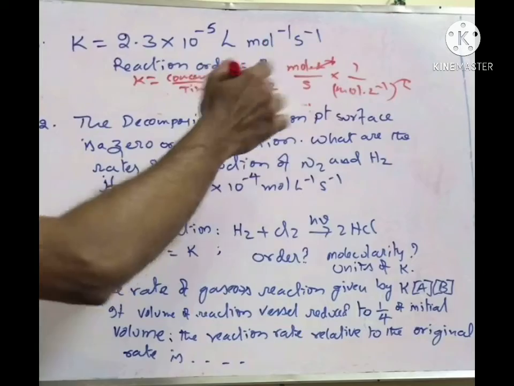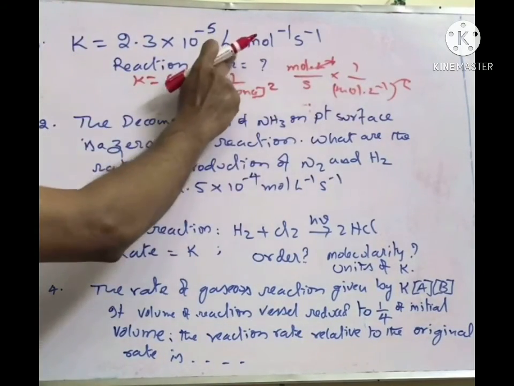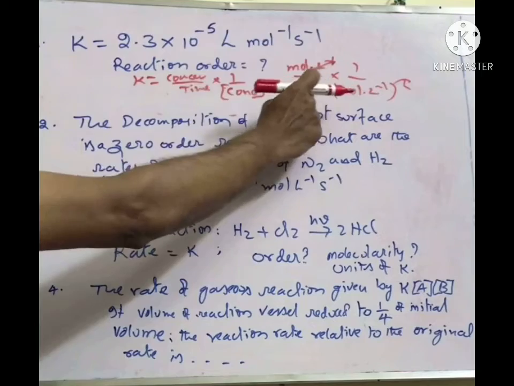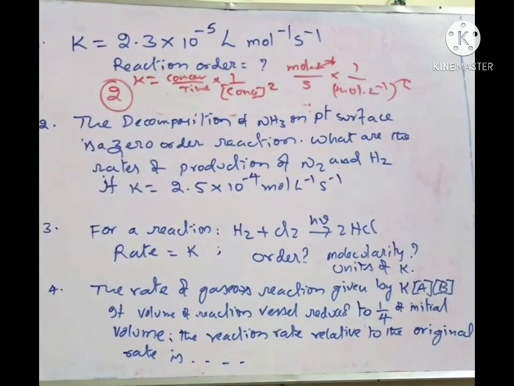So 1 will cancel out. So I have liter inverse going to the top: liter per mole per second. So this is for a second order reaction. Like this, for first order, second order, or 0 order reaction, we can easily find out. Once we know, we can easily solve this with no time.